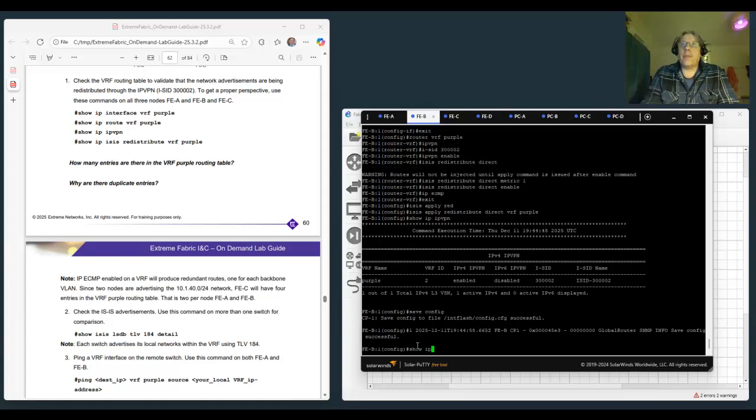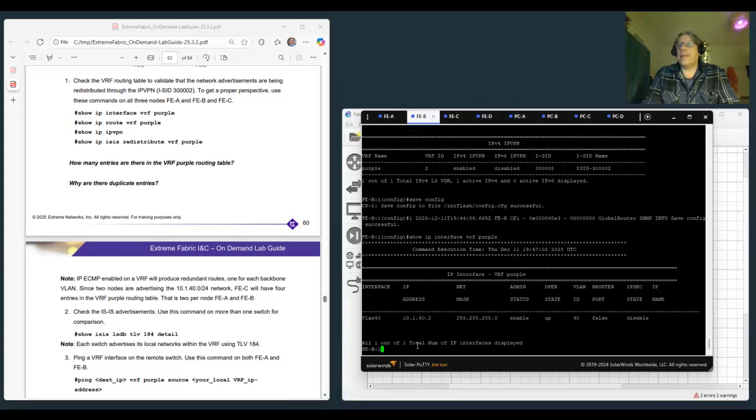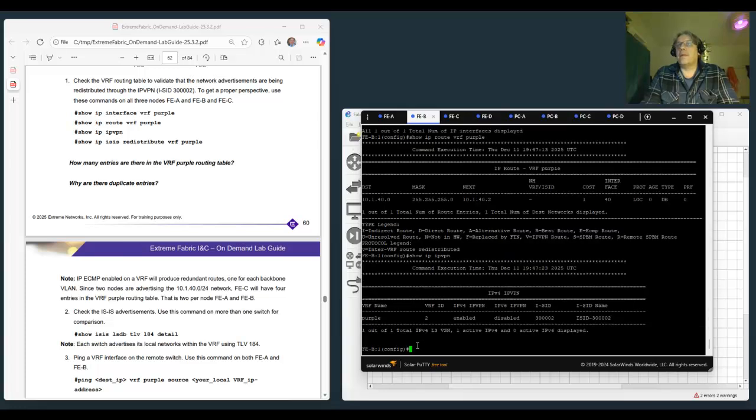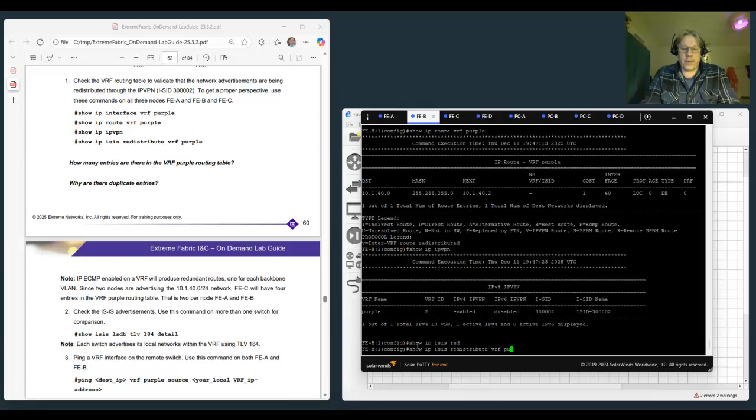So show IP interface VRF purple. There's our VLAN 40. Show IP route VRF purple. There's our subnet for VLAN 40, and we'll do show IPVPN. There's our purple VRF, and we'll do the last command, show IP ISIS redistribute VRF purple,